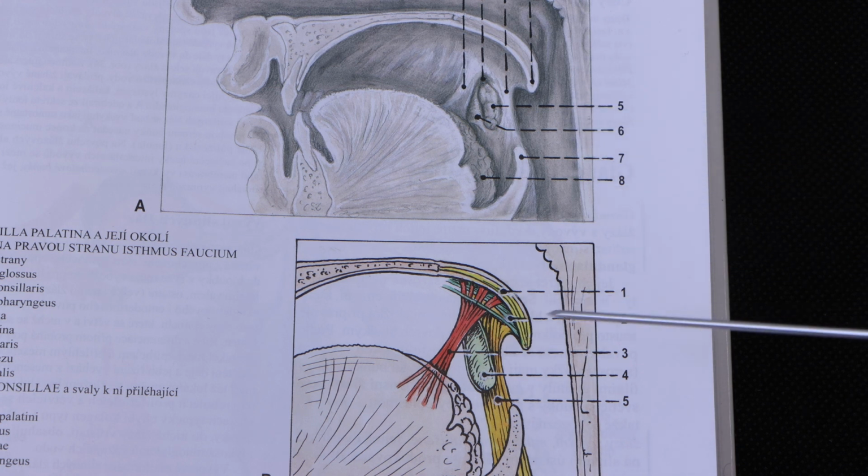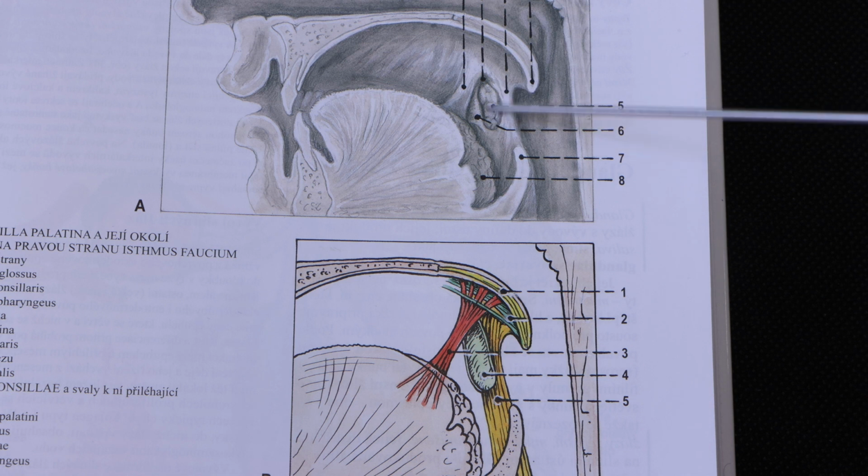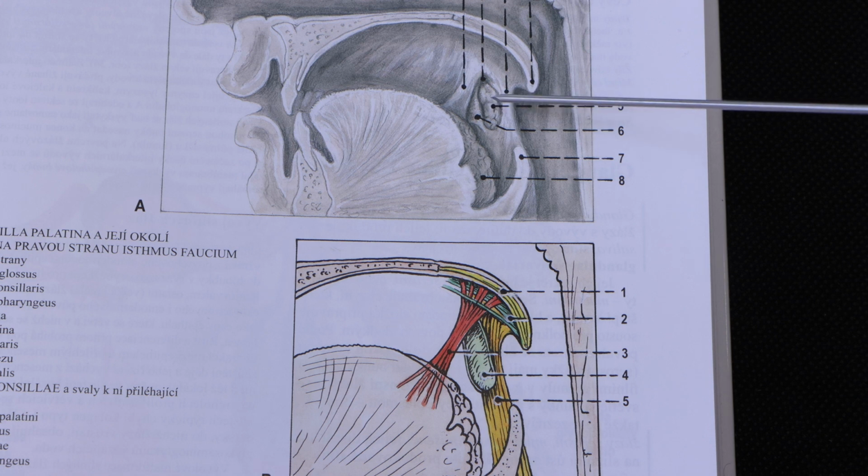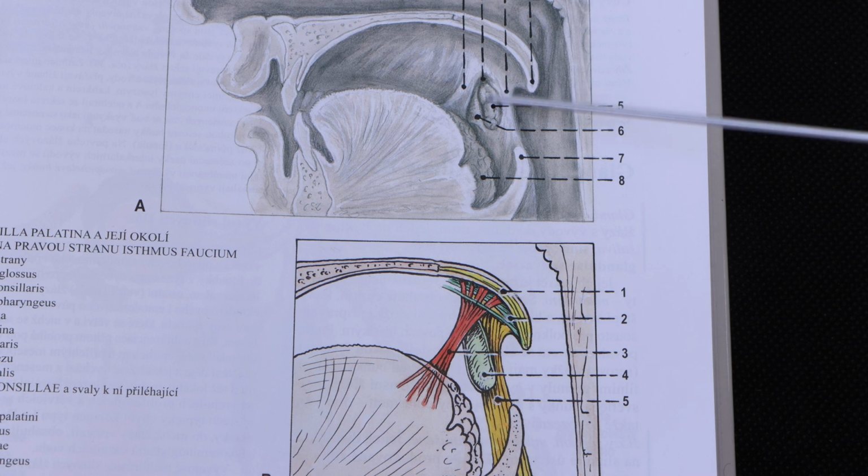Then the important thing is that the medial surface of the tonsil is not covered by the capsule, and you can see even in the mirror, if you look at your tonsil, a small depression which is called fossula tonsillaris, or the tonsillar fossulae. These tonsillar fossulae are small depressions or fossae that deeply continue as